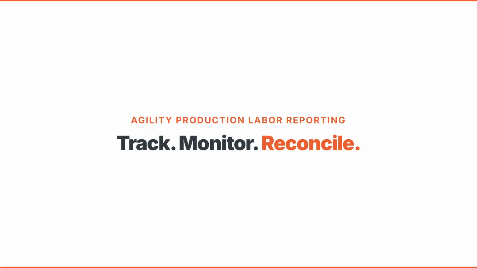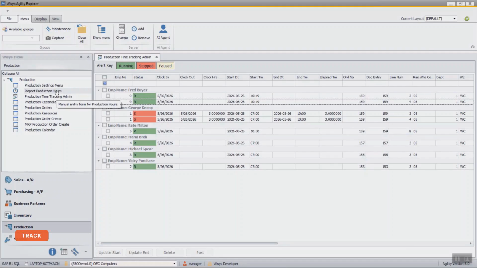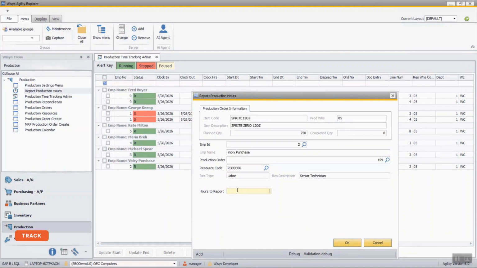Track, monitor, reconcile with Agility Production Labor Reporting. Track every minute with ease. Whether you're manually reporting hours in Agility Explorer